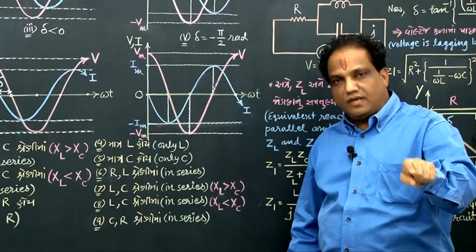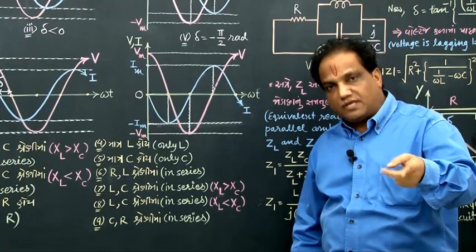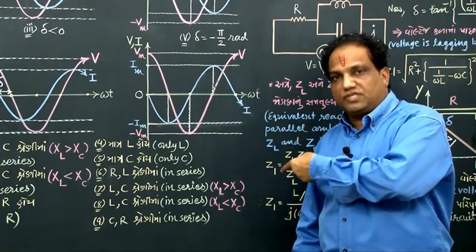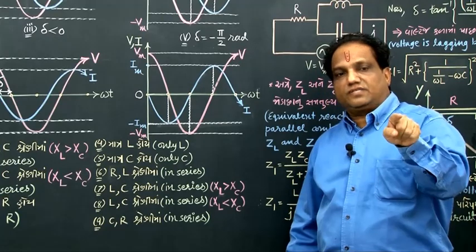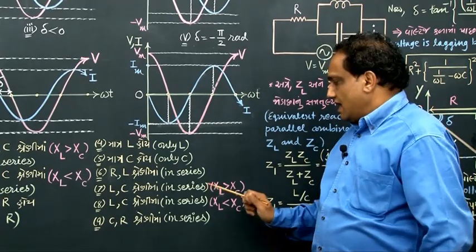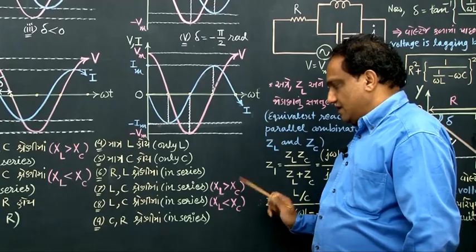XL equal to XC, at that time resonance will take place. The remaining two possibilities we are going to discuss right now: XL greater than XC, and XL less than XC. Right now, XL greater than XC. Look,